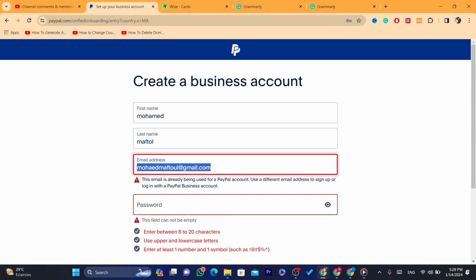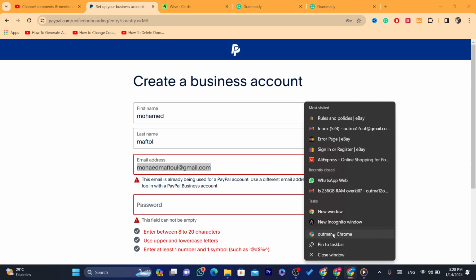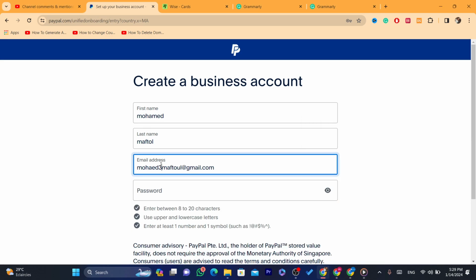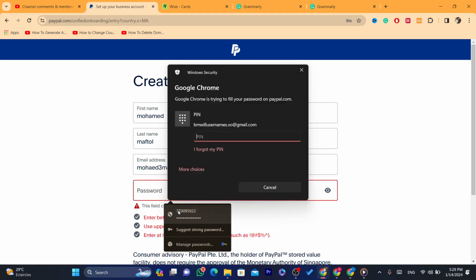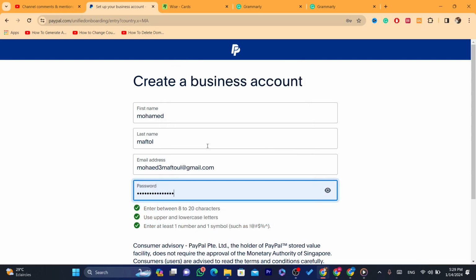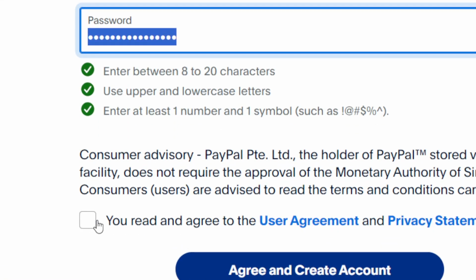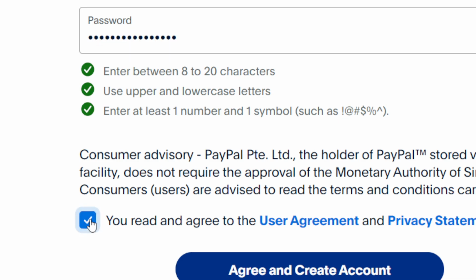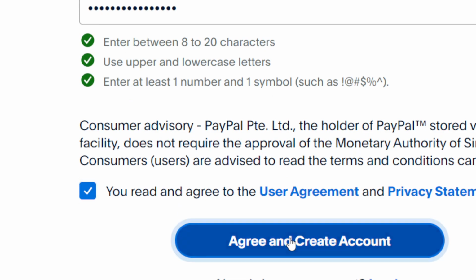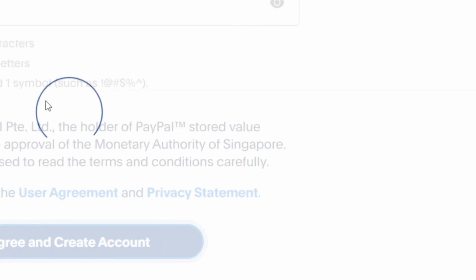Okay, this email address, like it says here, is already being used for an account. So I'm going to get another email address, and then, like I said, going to add 3 here. You want to add here your password. After you do all these things, you want to scroll down and click you agree, that you read and agree to the user agreement and privacy statement, and then click agree and create account. It will take you guys to another page,